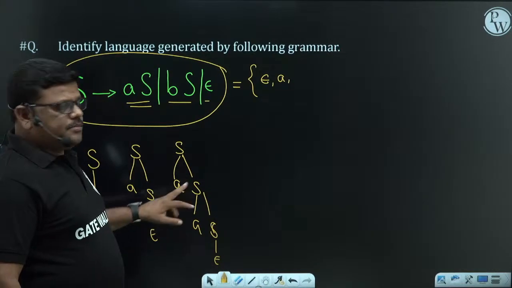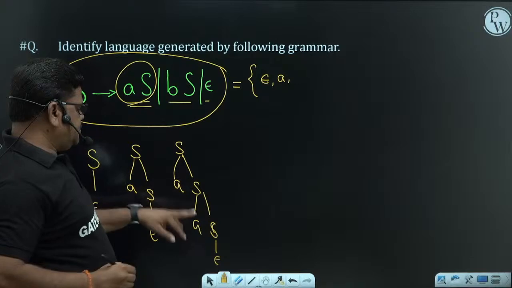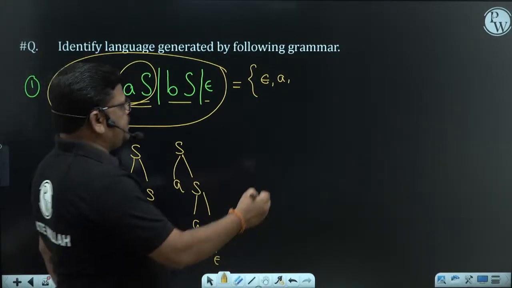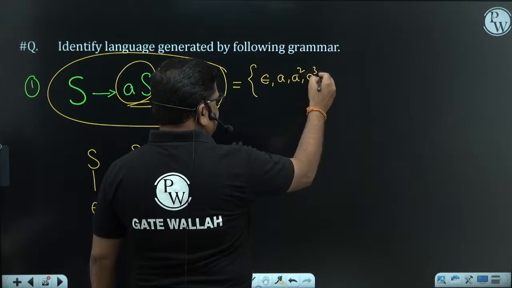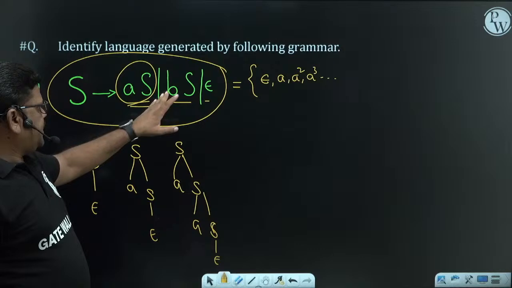S can be replaced by AS. Again S can be replaced by AS. Again S can be replaced by epsilon. If I do like this, 2 S's will be generated, 3 S's will be generated. Any number of S's will be generated. This is one possibility. Then if I expand this,